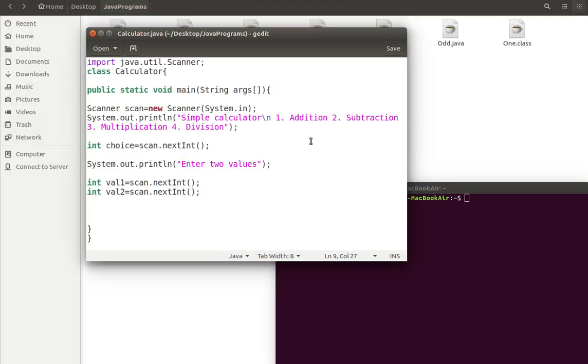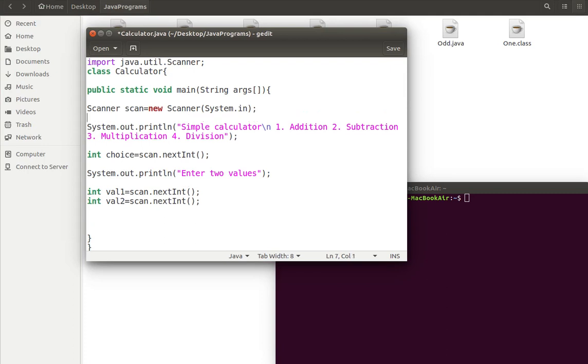So we have done some part of the code. Look at this. Using scanner, you're going to read input. There are two things you need to do. One is you will have to read a choice. So that is why I've declared a variable named choice, int choice. And it has to read 1, 2, 3, 4 numbers. If it has to read a character, we have something else to read input. So we are reading it directly.